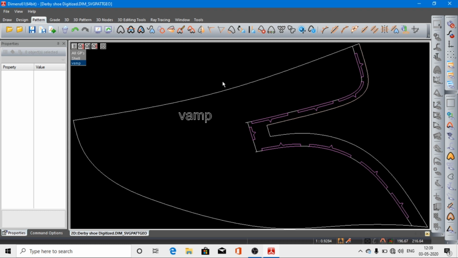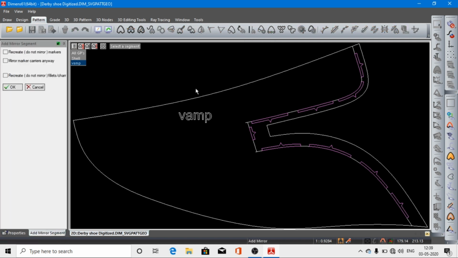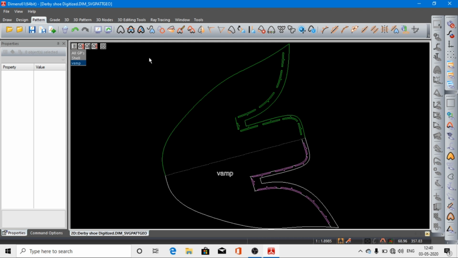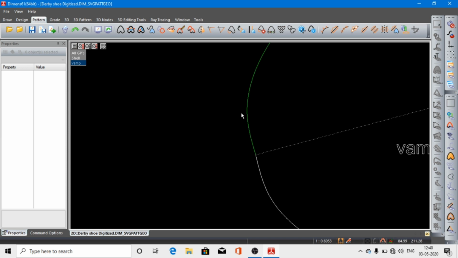So next, what we will have to do, we will go to the mirror, add mirror segments. So you will left click over there, and you will come to the center front line, and you will left click over there and go to fit to screen, and you can see that your web pattern is ready. But if you want to do some correction over here, you will see that in this portion there are no smooth portions, so we have to smooth it. So you will have to press the enter button and go to fit to screen,